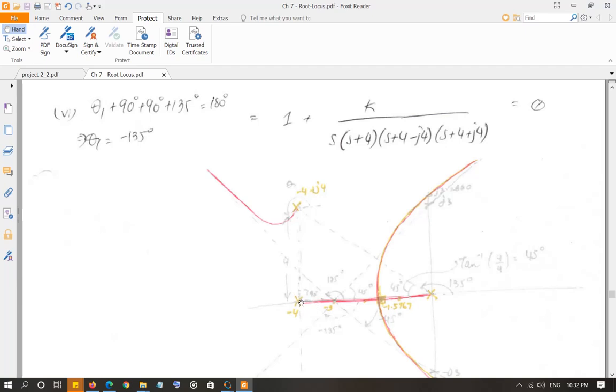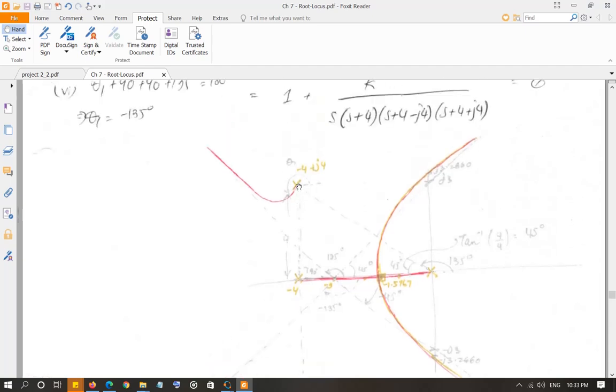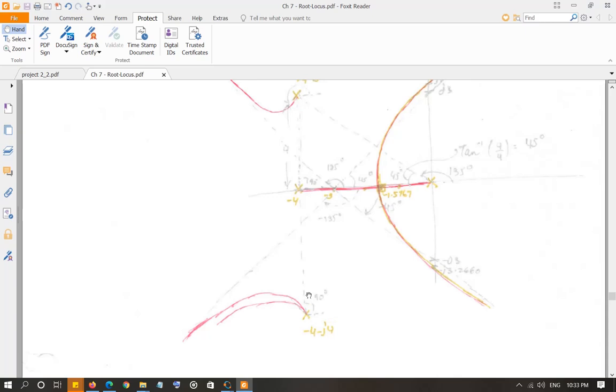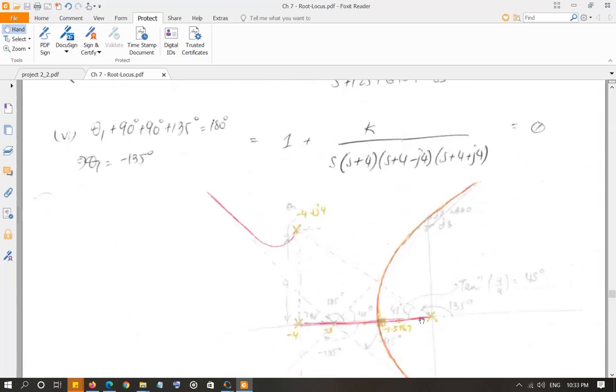I'm going to create a vector from the other poles to this point. So when I create the vector from this pole to the point, that's going to be 90 degrees. So that's one of the 90 degrees. When I make it from this point over here, that's another 90 degrees right here, a straight line. So that's another 90 degrees. When I make a vector from this pole right here